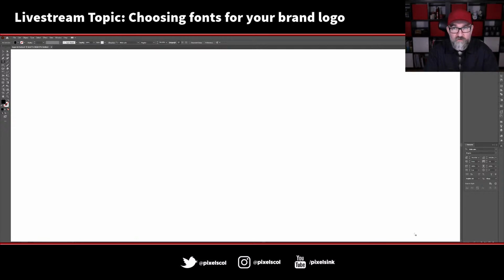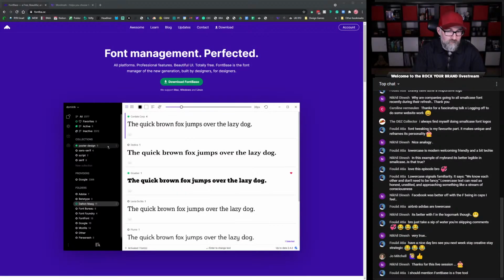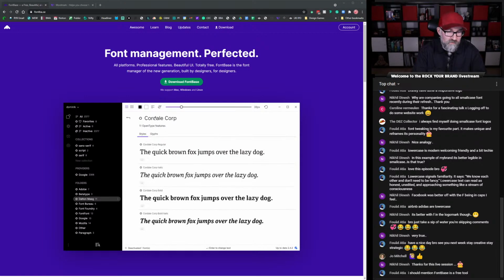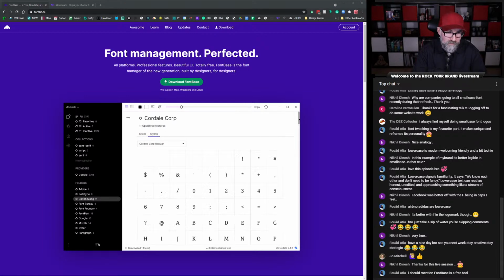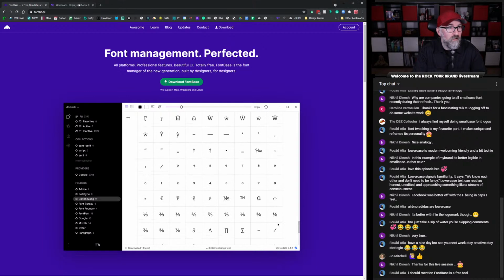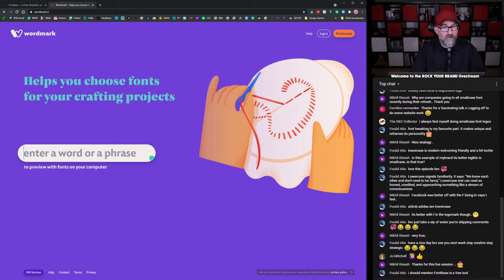Now, if you don't want to do that, then there is another option, which is called Wordmark.it, and what this will do is you can type in a word.